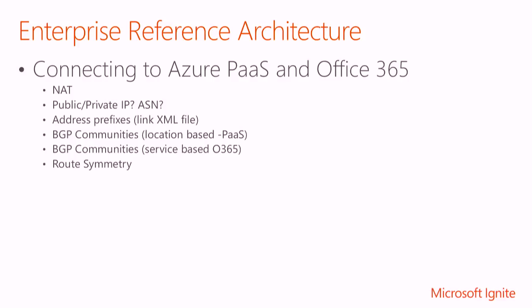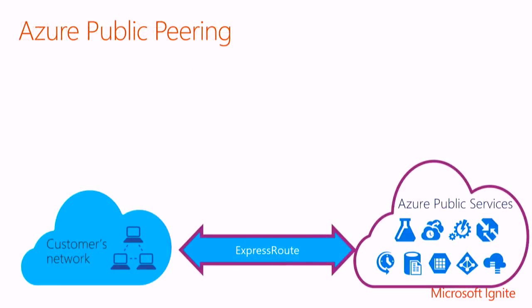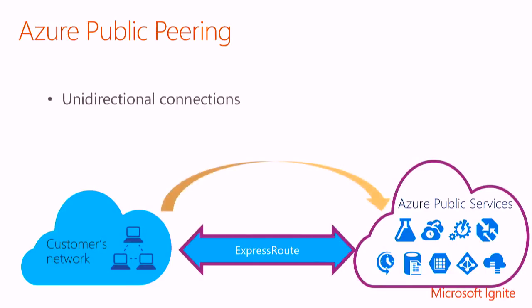So that's important to know how you define your route advertisements. Whatever you advertise through ExpressRoute, that is exclusive to the ExpressRoute. Whatever you advertise over internet for your corporate range, you try to keep it separate. That's the point I'm trying to make here. I think we talked about this.